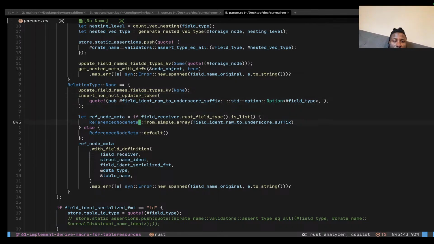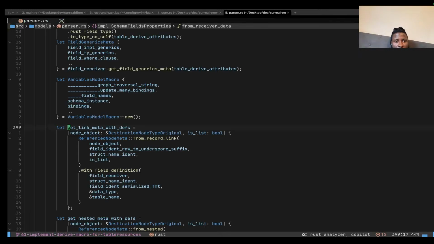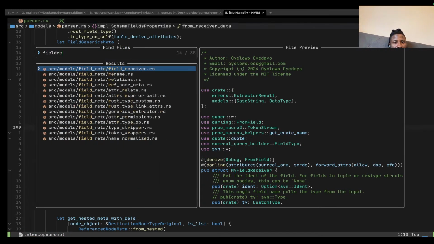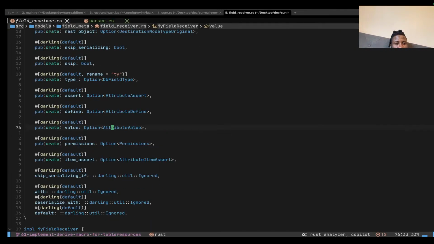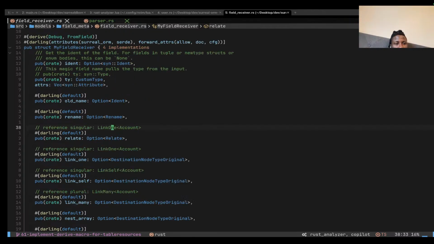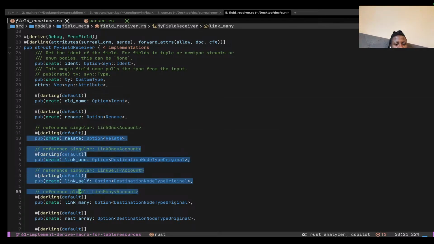That's when we're using this. However, if we go to the field, let's close this and go to field receiver. That would be used when every one of these is none,